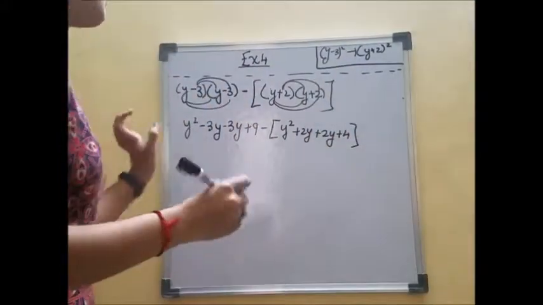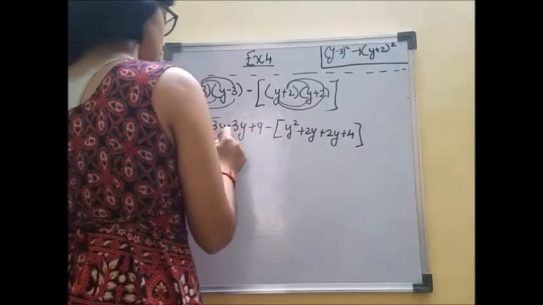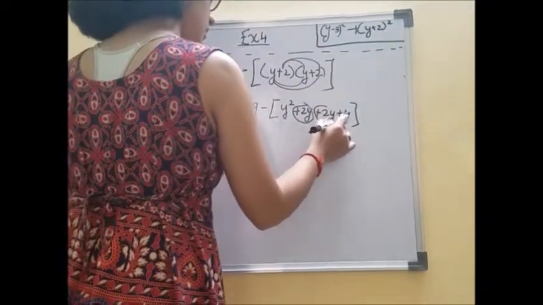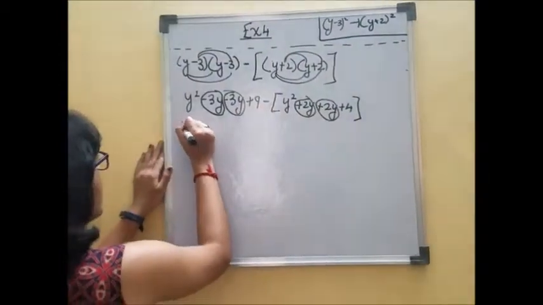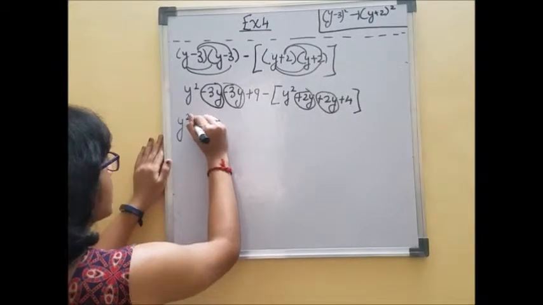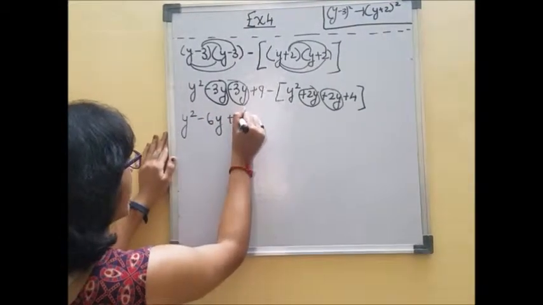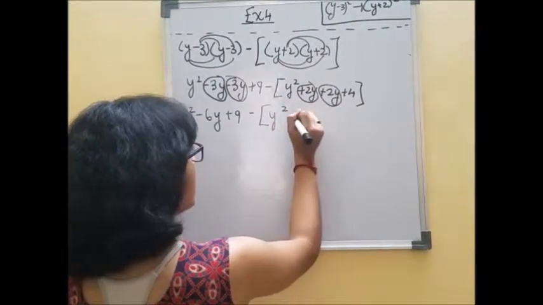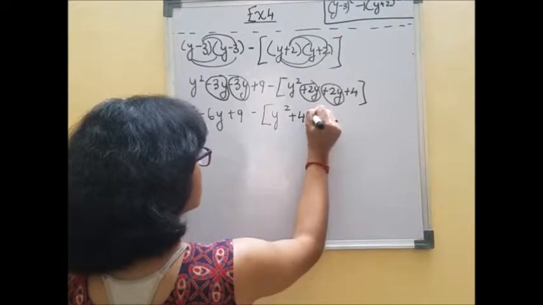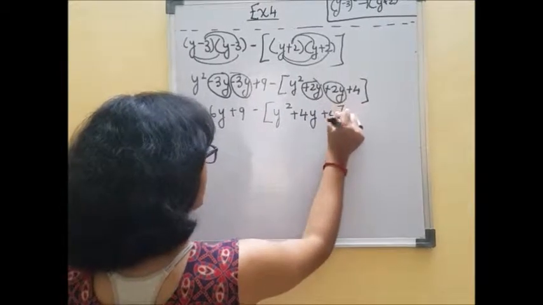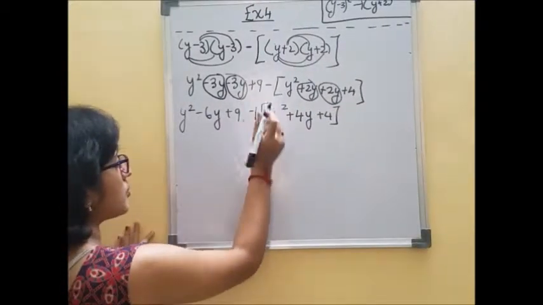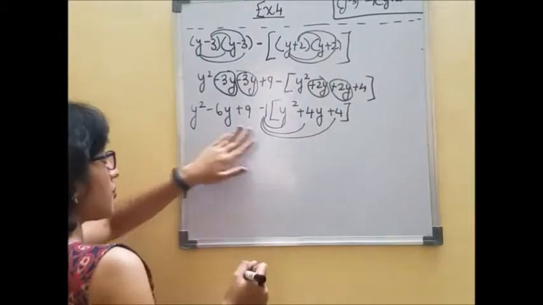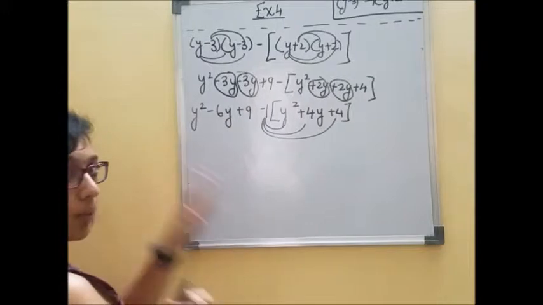Now I am going to combine these two like terms, and I'm going to get y squared minus 6y plus 9 minus y squared plus 4y plus 1. Now I'm ready to distribute them to these three numbers. So I'm putting minus 1 to help me better